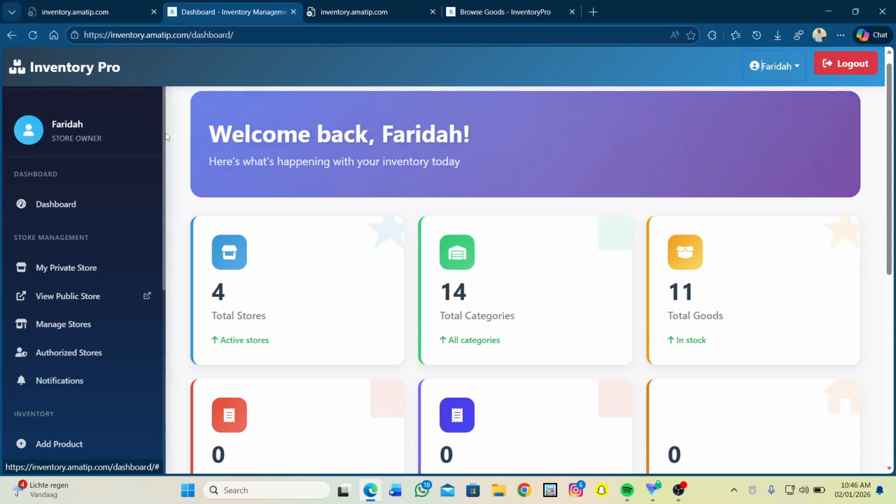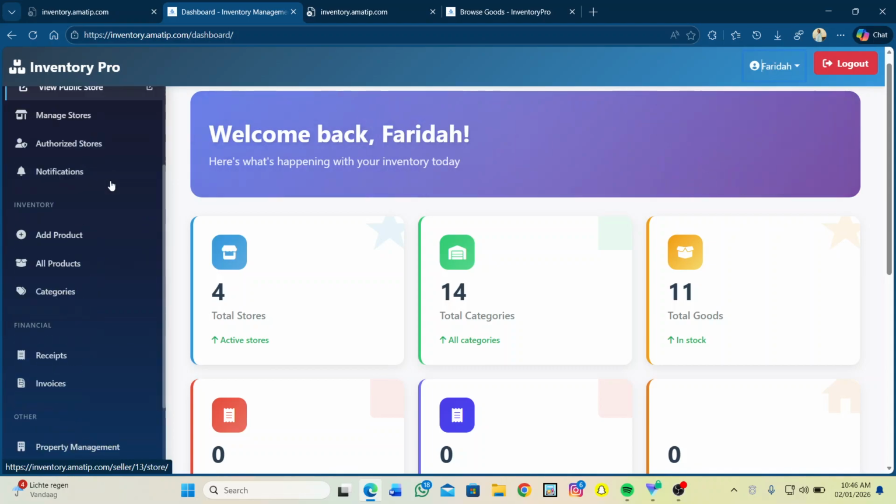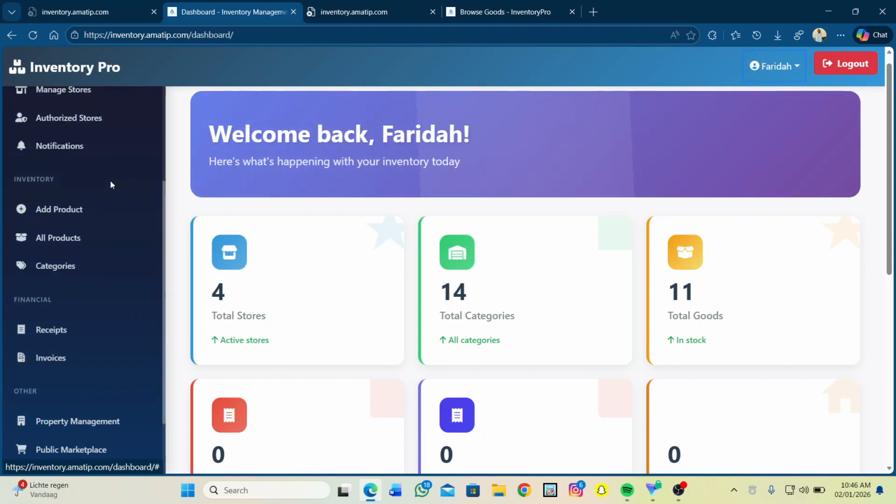In this section, this is where you're going to be managing your product effectively. Just as I said in the previous video, as a seller, after you register for an account, the next thing you're going to be seeing is this dashboard, welcome back and the total store. So I'm going to be taking you through each section in this Inventory Pro. The first one we're going to be diving into is inventory, where we have your add products or